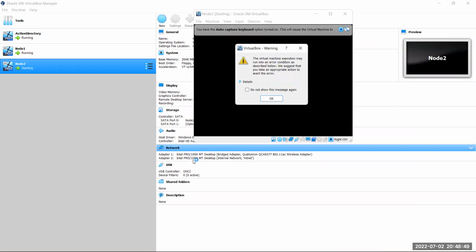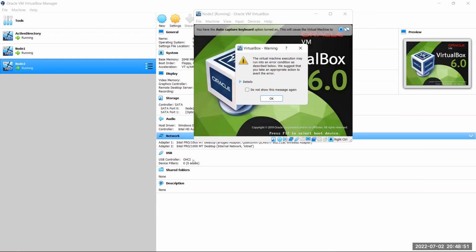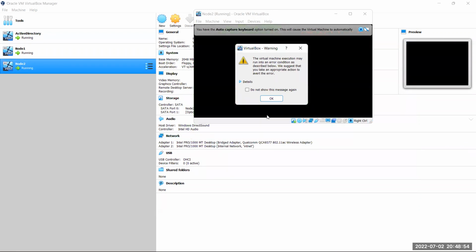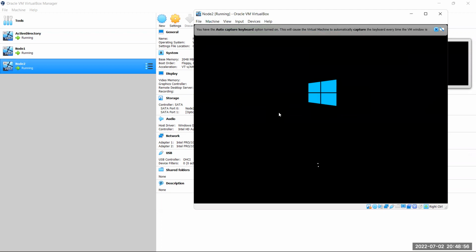So Active Directory is running, node 1 is running. Okay, for this setup, if you guys want, you can add a few more nodes as well, if you wish to. Like for quorum also, we can add an additional node. I'll be configuring this only because